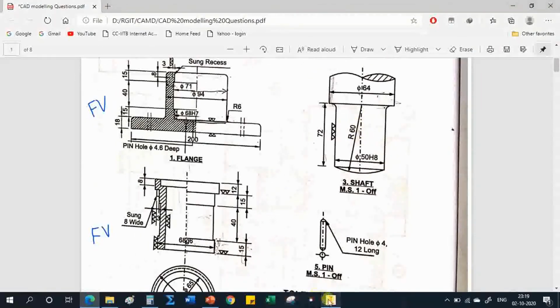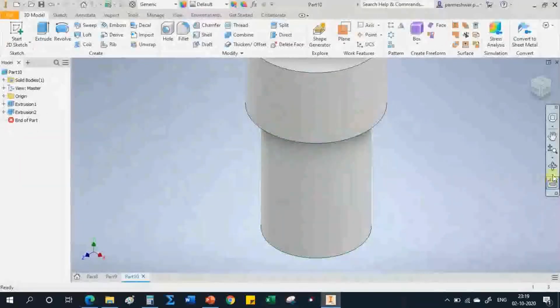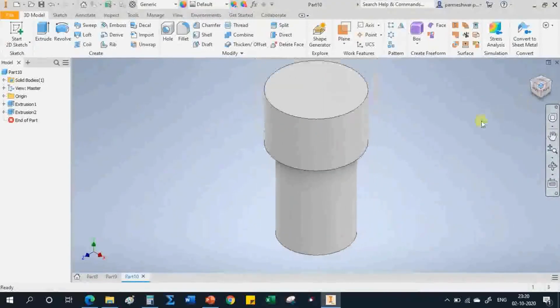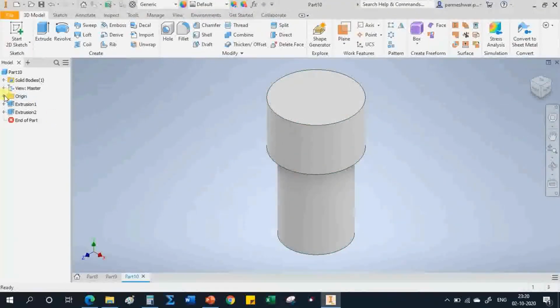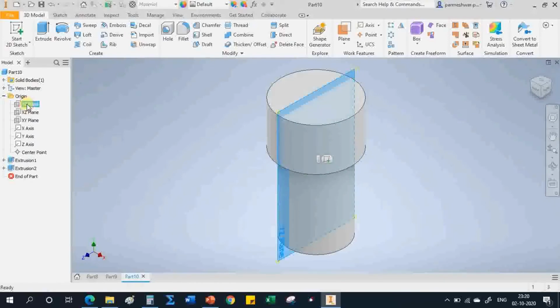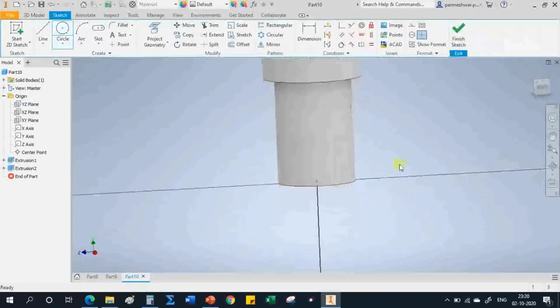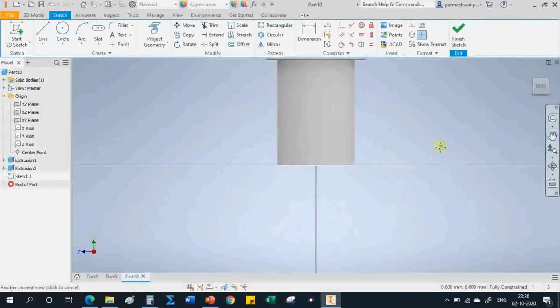To do that, you can carefully see here, go to this origin and select one plane perpendicular to this body. So I'll select this YZ plane. Select this YZ plane and click here create sketch.